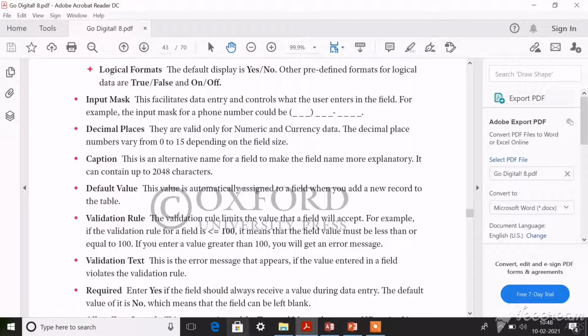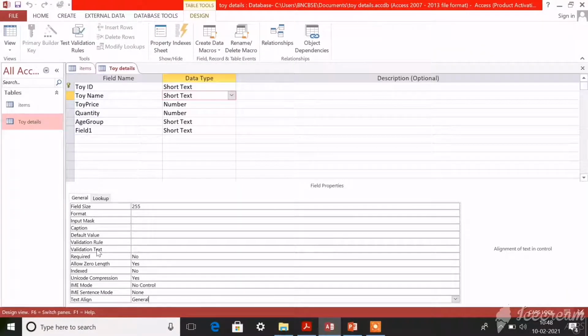Then the next one is validation text. This is used to show the error message. If an error message appears, the validation text is nothing but the error message appearing in your data sheet.